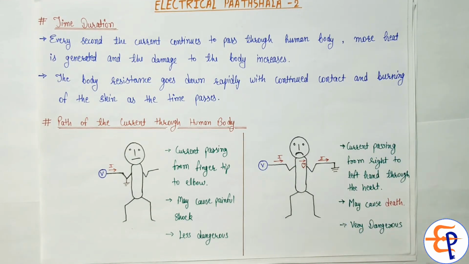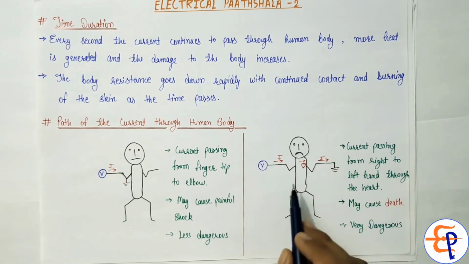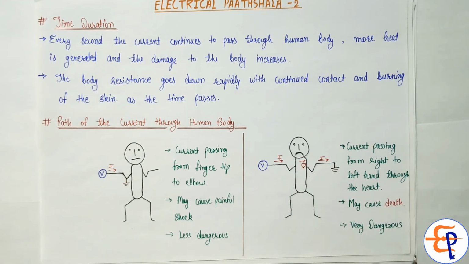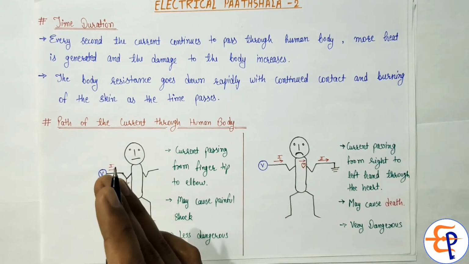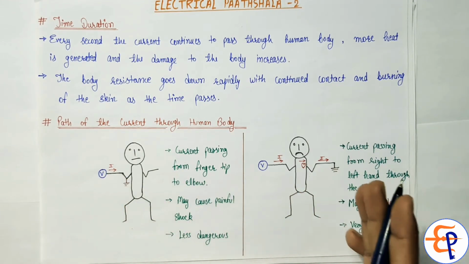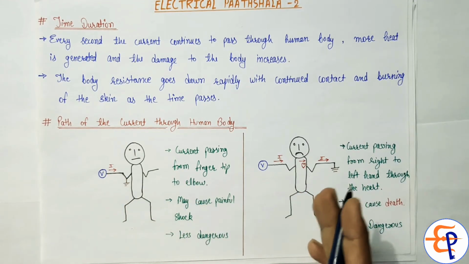Then it may cause ventricular fibrillation. And as I've told you earlier, this is a very dangerous situation. This might trigger a heart attack, and that may result in the death of that person. So this situation is very, very dangerous. So guys, hence we saw that the path of the current through our body is a very important factor on which